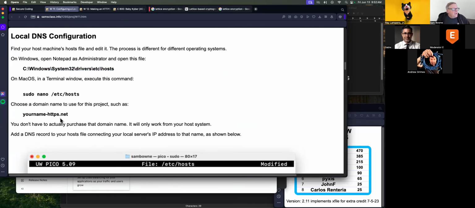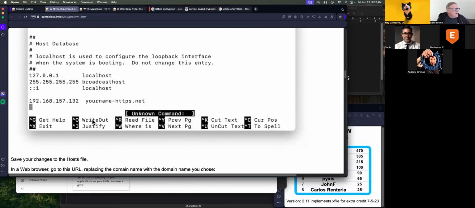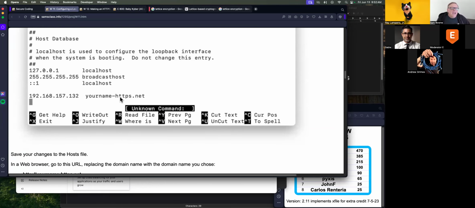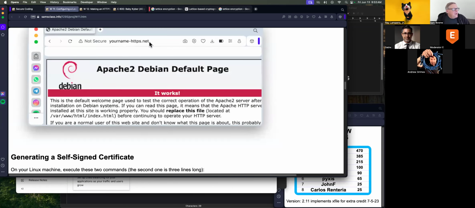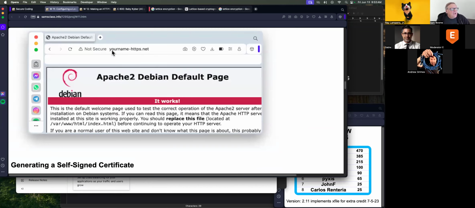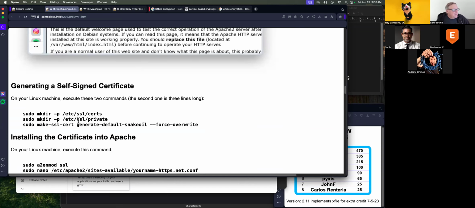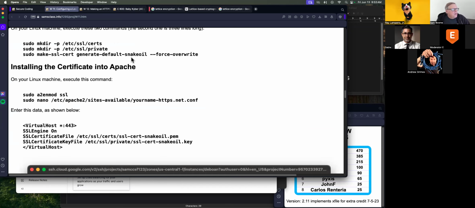So choose a domain name. This way you avoid spending any money. Put it in your hosts file like this, and now your one machine will be able to find it from the domain name. Okay, then you can go to that domain name and reach your server with HTTP because it's just running Apache. Now all you have to do is generate a self-signed certificate, which is just a couple commands